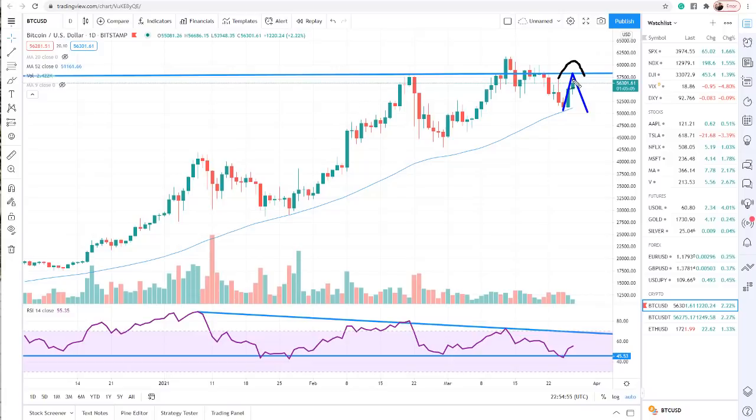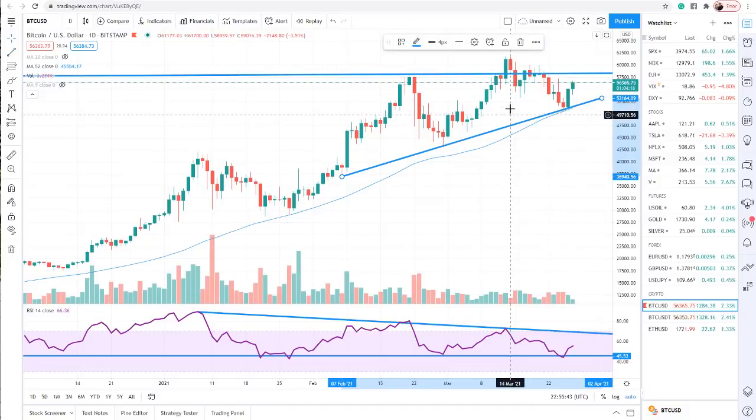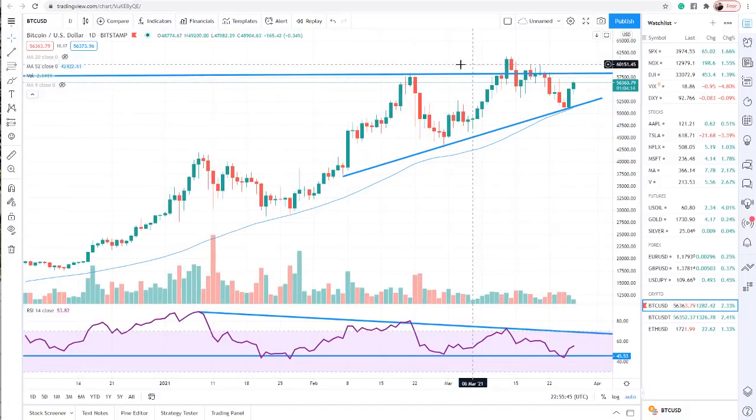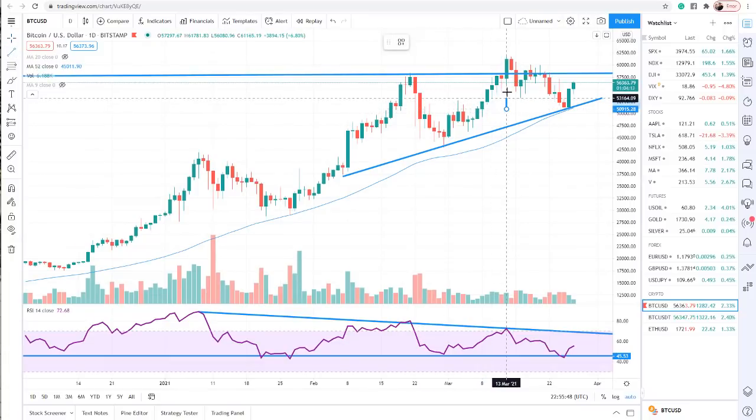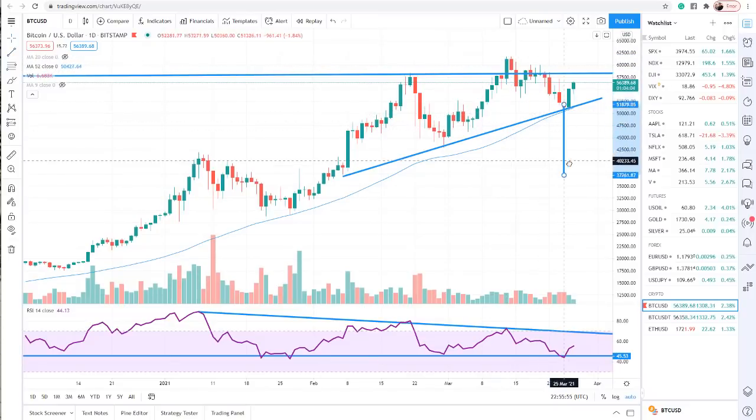If that does happen over the next couple of days, I'm not saying it's definitely going to, but if it does, then we could start to see a rolling over. And if we do see that, then that could be a head and shoulders. From that, if we use a little projection tool, so we have this point here to this point here, and then I measure from the head, which is that point right there, so the head, and bring it down to the neckline, and then extend it out from there,